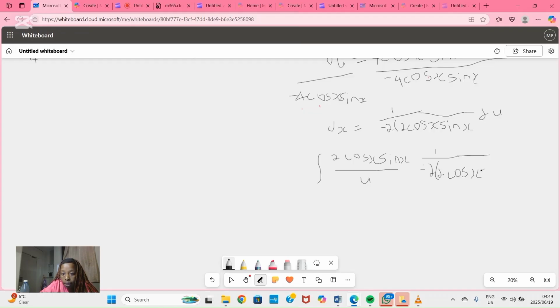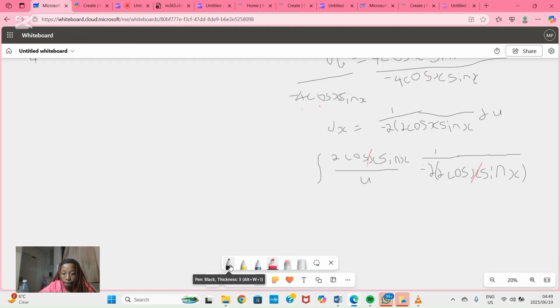This is the value of our dx. We're substituting dx. Okay, so we see that we have 2 cosine x and 2 cosine x, so they're going to cancel each other, and then we'll be left with